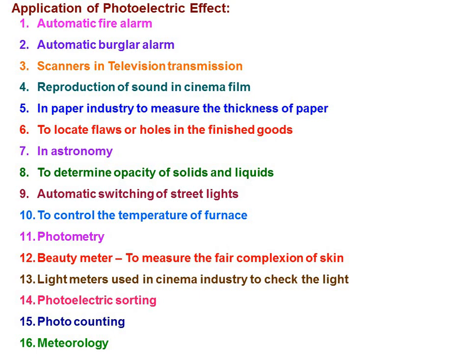Next one is the burglar alarm. This is also the same. Security systems use it. If a person interrupts the signal between the sensor and the source, then there is a sudden change in the photo current. As the light radiation was stopped, obviously there won't be any current, thus the circuit breaks. As the circuit breaks, we can hear the alarm. So that's the automatic fire alarm and burglar alarm.